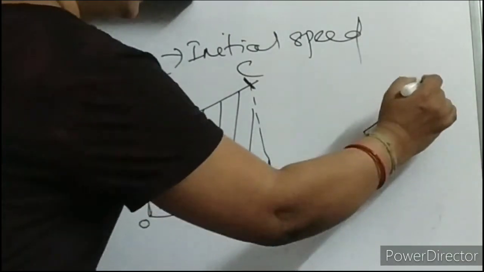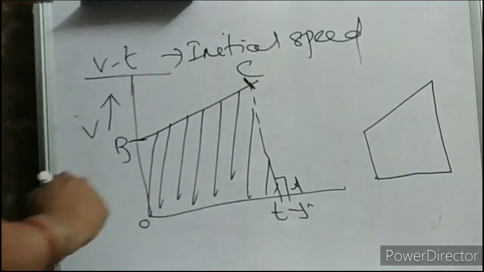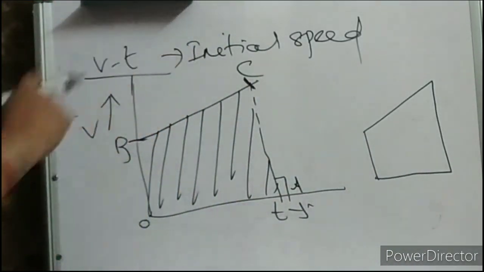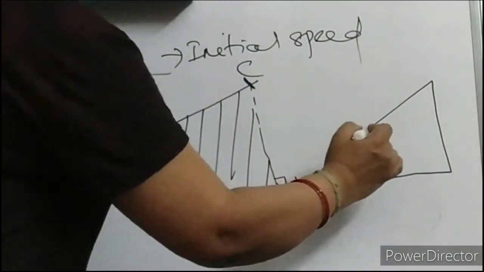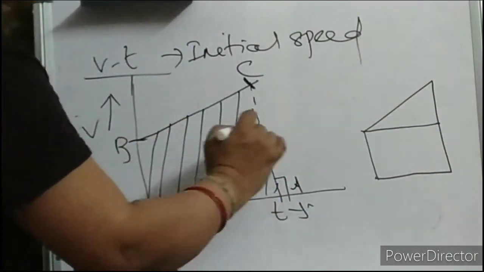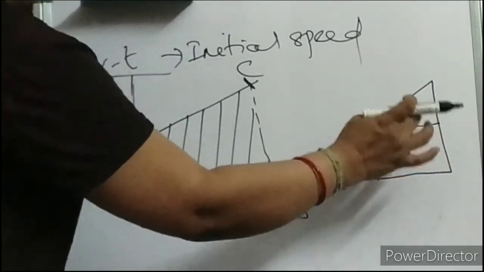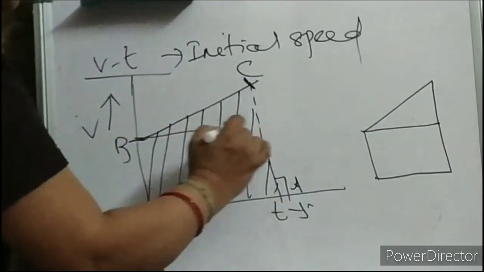Mathematics, children, try to recall. Is it a trapezium? Okay. So what is the formula for area of trapezium? You can do it in this way also. You can just divide it like this. You can do it like this. Make it a triangle, then rectangle, then you can add it.